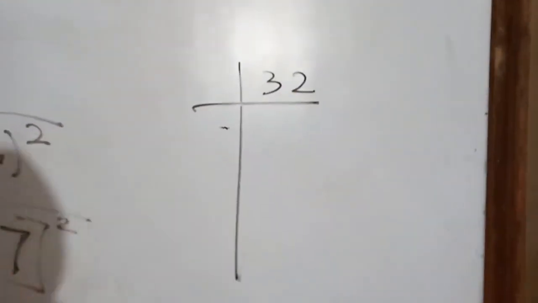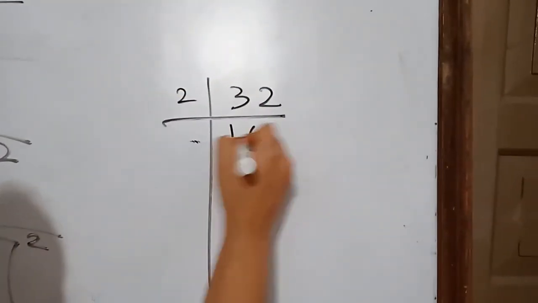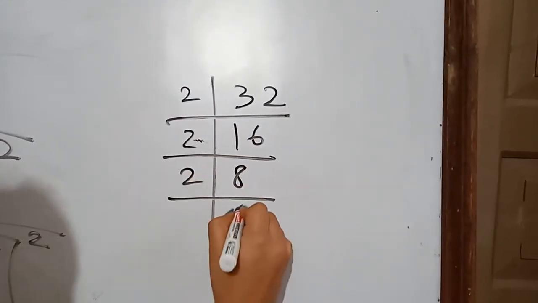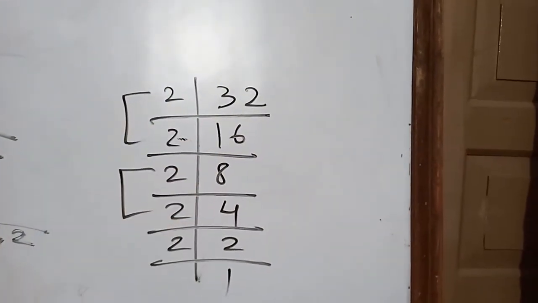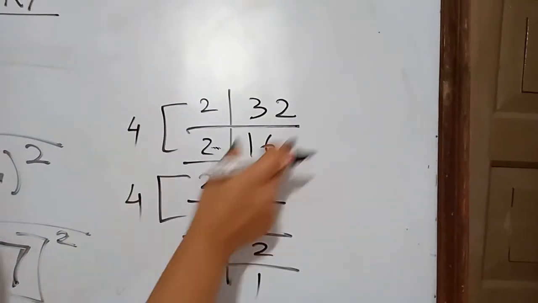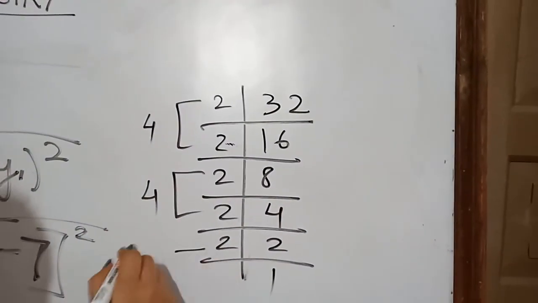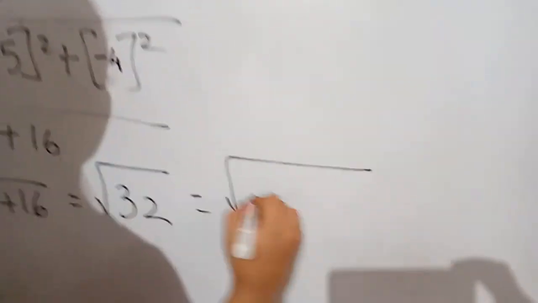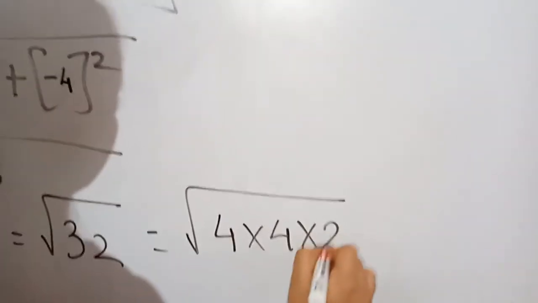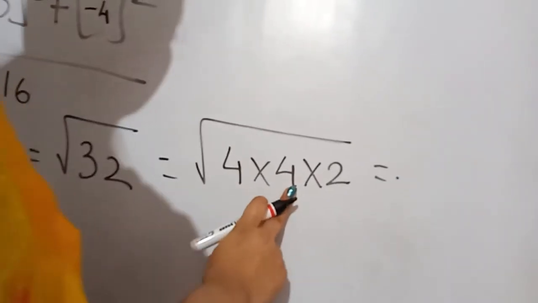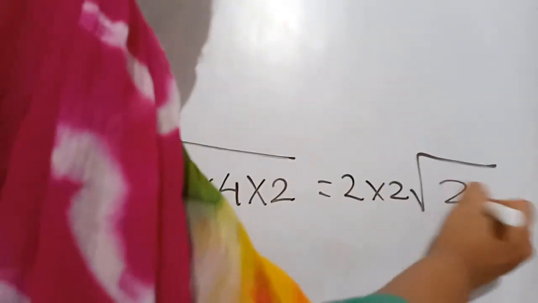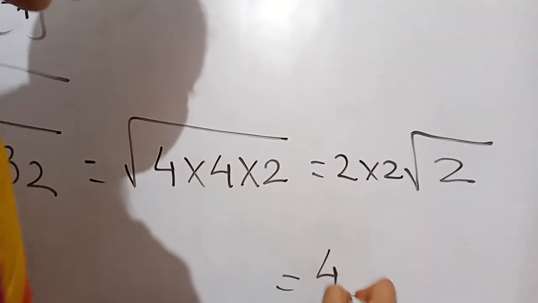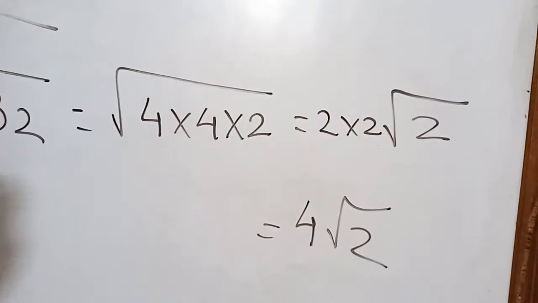Now let us take out the LCM of 32 and we'll see whether we can take something out of the root or not. So this will be 2 16s are 32, 2 8s are 16, 2 4s are 8, 2 2s are 4, 2 1s are 2. So over here you can see, children, we can write 32 as 4 into 4 into 2. So the square root of 4 and 4, it will be 2 multiplied by 2 will come out. We are left with root 2, which is equal to 2 2s are 4 root 2. Understand this part again?